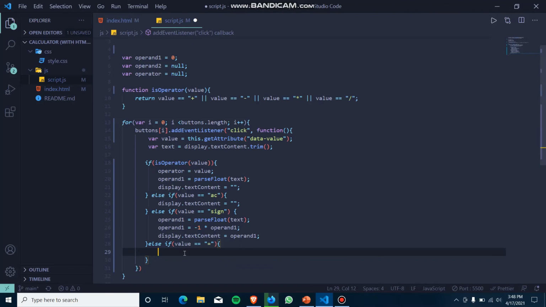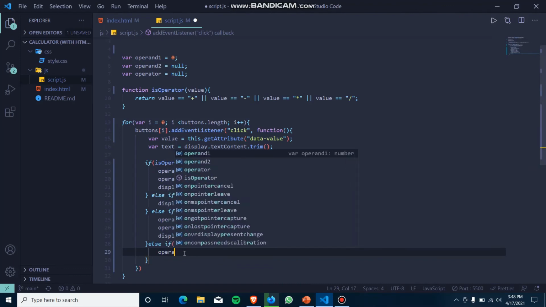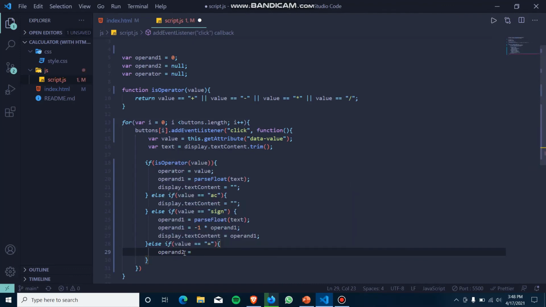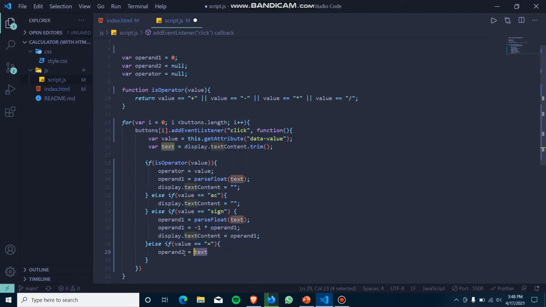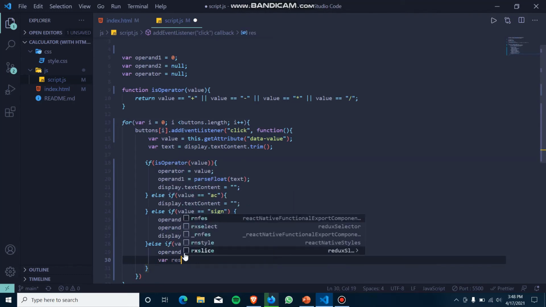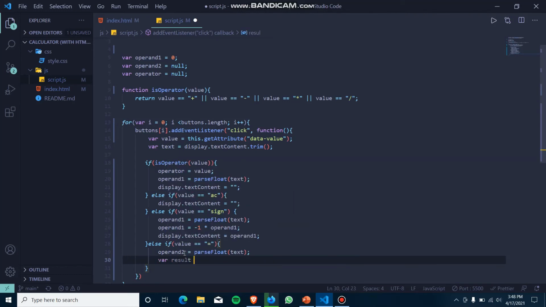So for that we have to write operand2 equals to text and convert that again into float data type. Now set the result variable as the ultimate result, what will be printed as the output.